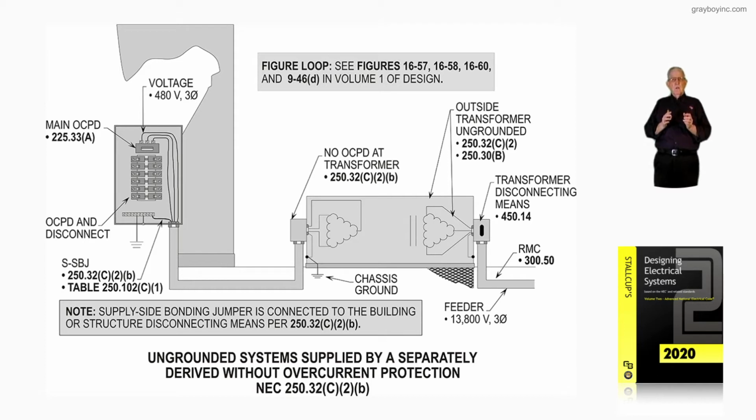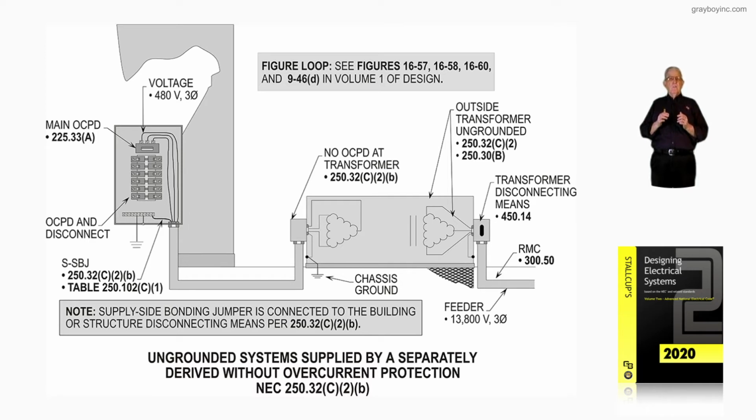250.32(C)(2)(b). So the chassis ground in this case now would be sized from table 250.102(C)(1) that you see at the left of the illustration, looking at the building there below the panel board. So table 250.102(C)(1), if the conductors were 4/0, then it would be increased to number 2 there to serve as the chassis ground required by